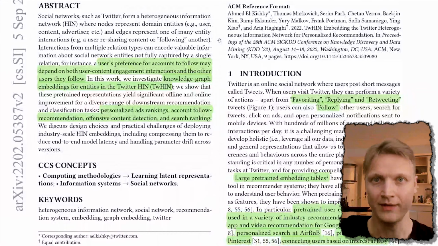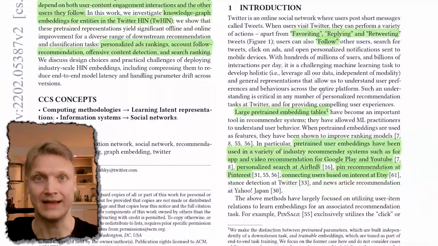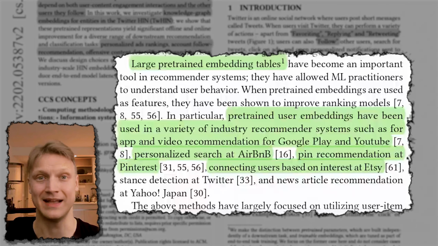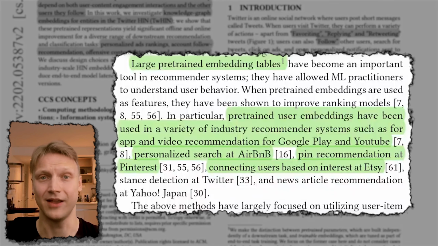The point that they're addressing here is what makes a good recommendation, and that, to their experience, is various interactions from multiple relation types a particular user is experiencing on the platform with the rest of the system on a daily basis. That, as they say, includes and encodes valuable information about the social network and should be taken into account in the recommendation model. They are outlining the importance of using large pre-trained embedding tables in recommender systems and providing industry examples of well-known vendors that have successfully adopted this method in their various use cases.